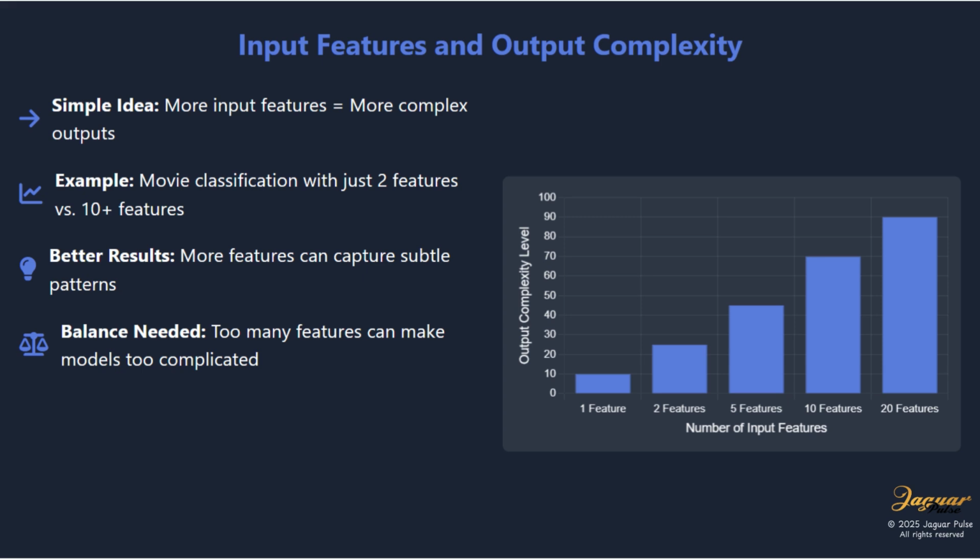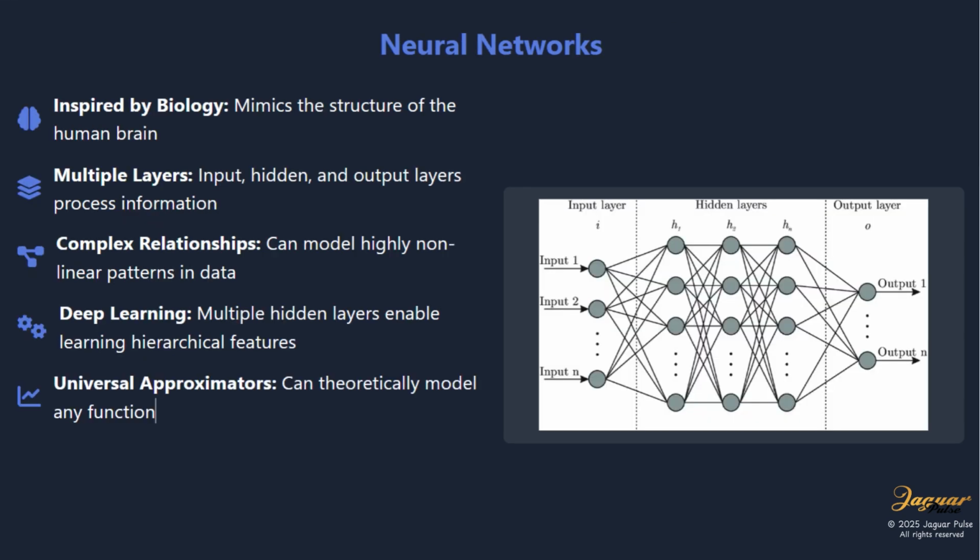The main idea to take away is this: the more complex the relationship between the input and the output, the more powerful the machine learning model must be to accurately capture that relationship. Complexity increases when there are many input features or many output categories. In tasks that involve subtle patterns, such as recognizing images or interpreting human sentiment, more advanced models are needed. Simple models like linear classifiers may not be sufficient.